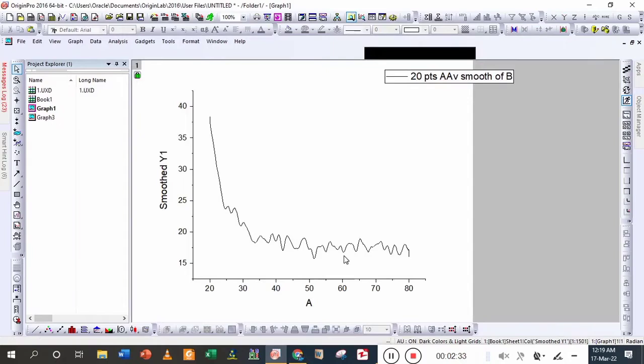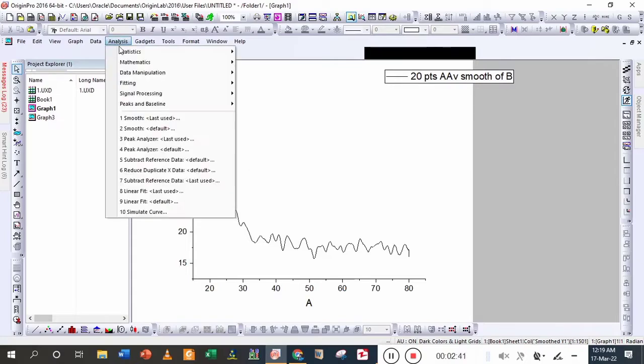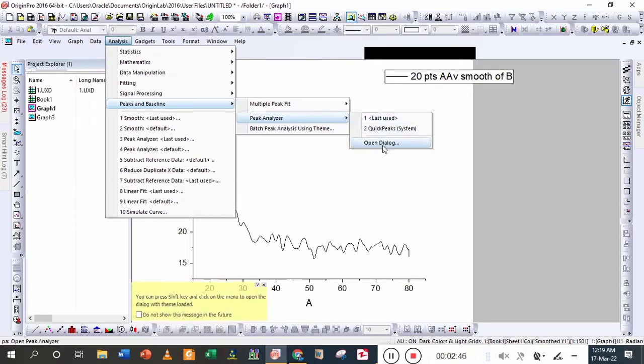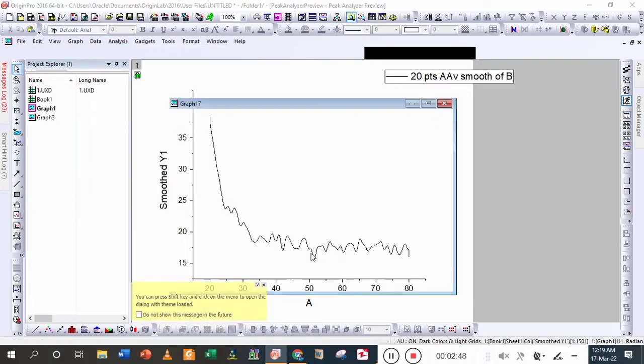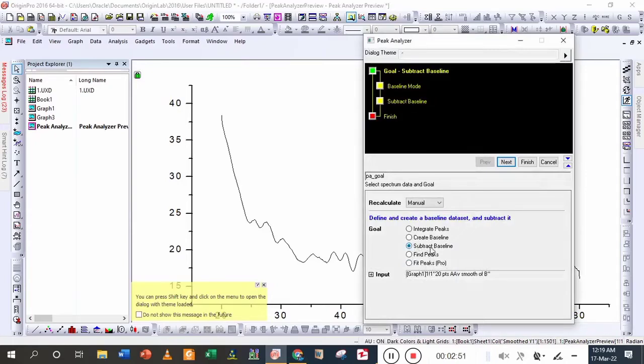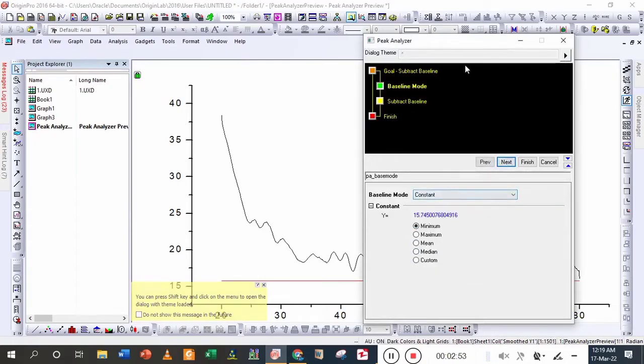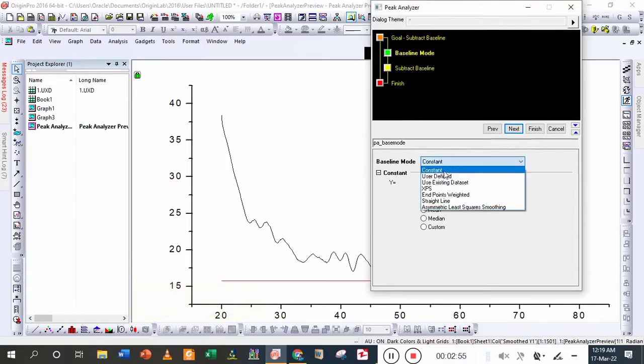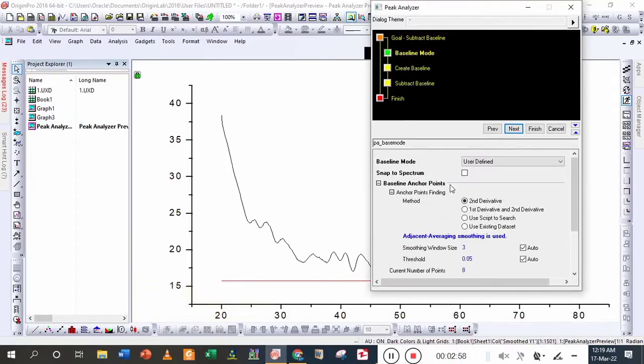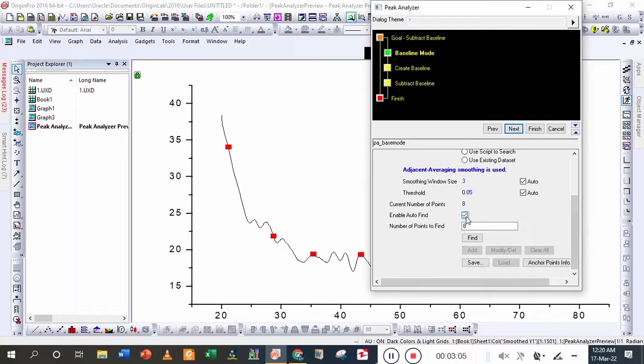So I'm applying a peak analyzer filter on it to make it crystalline. So here analysis and peak analyzer and open dialog. So here I'm going to subtract a baseline. Now I'm choosing the user manual or user defined properties, because in constant line, it will just remove a constant line, or you cannot make your own graph. So I'm going to use,